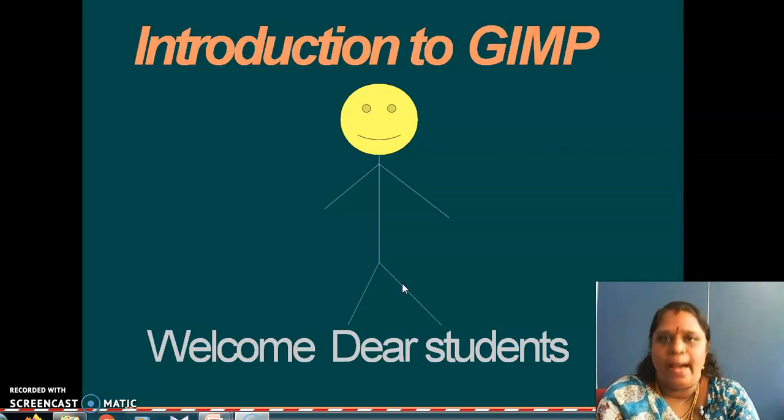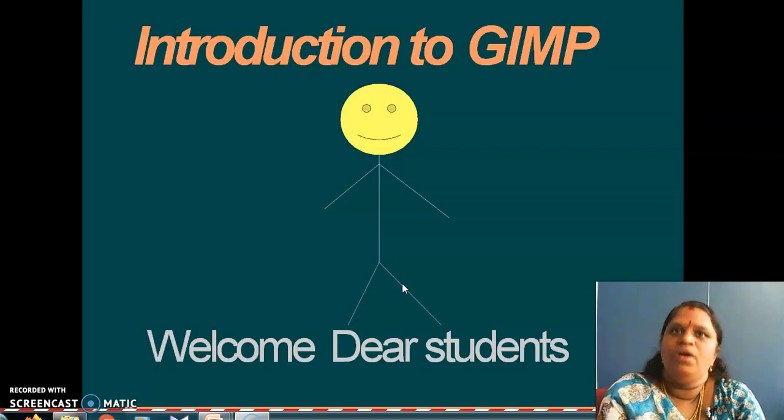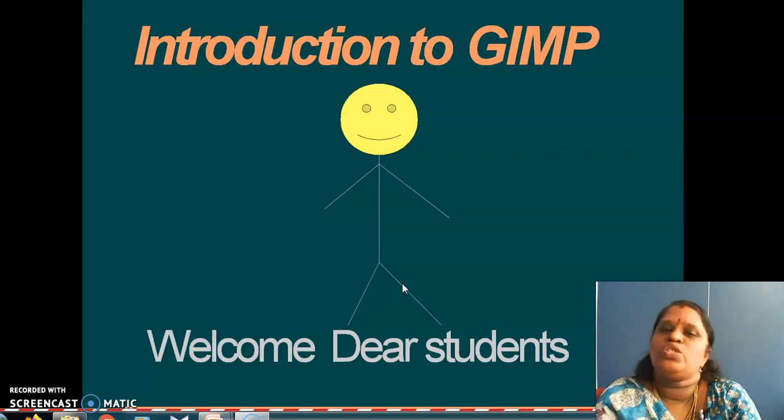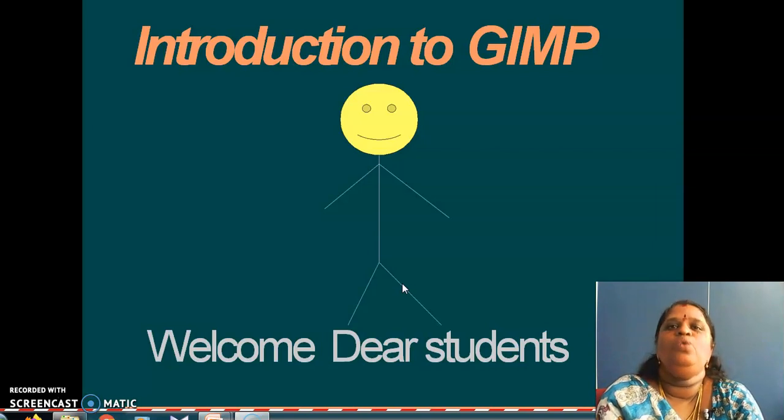Students, if you are having your laptop in your home, you can install the GIMP software and practice all the things I am doing now and what are the things we can do. Got it? So if you are having a laptop, just install the software. Otherwise, not a problem. It's not compulsory that all have a laptop. If you are not having a laptop, well and good, leave it. In the school, we can do the practical section.